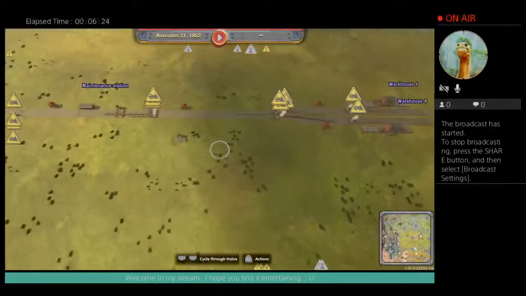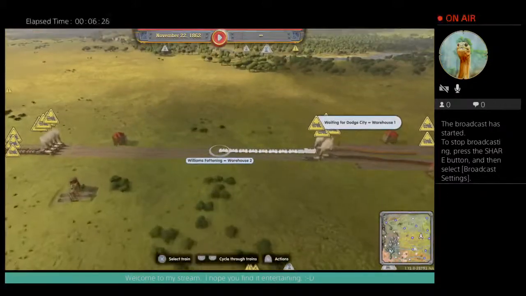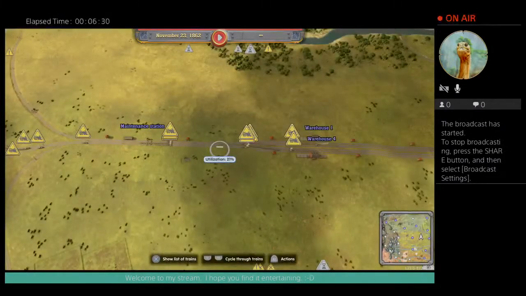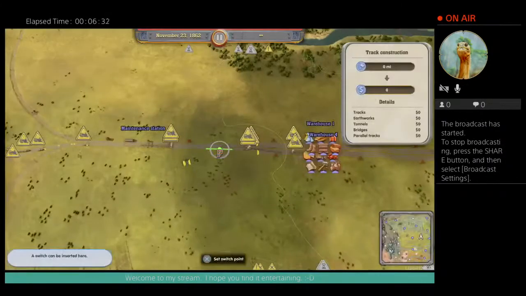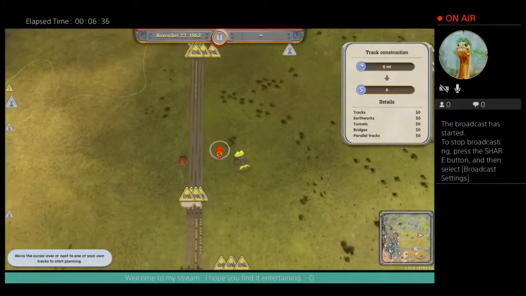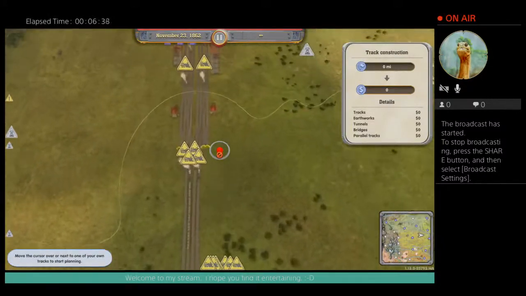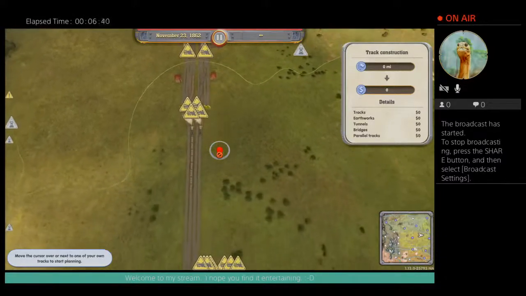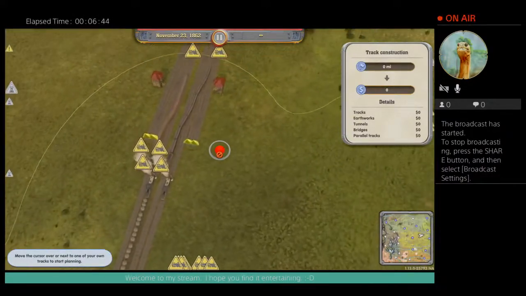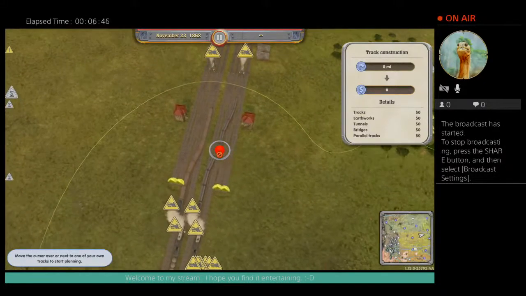I thought I had enough distance between the maintenance station and the warehouses. But what we have here is